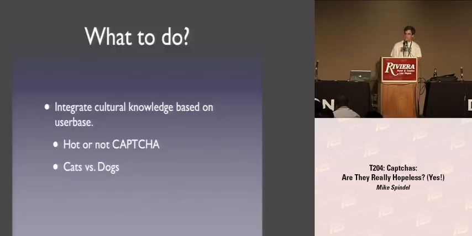So there's a couple things that you can do to try to make CAPTCHAs a little bit more significant. The most effective of these is to integrate cultural knowledge. So, for example, a while back there was a hot or not CAPTCHA that asked you to identify hot or not people in an image. And that might be a little more effective, but then you're limiting your user base, right? If you try to ask some Hawaiians what they think is attractive, then it might be different from a set of Australians. So we propose an alternate CAPTCHA,